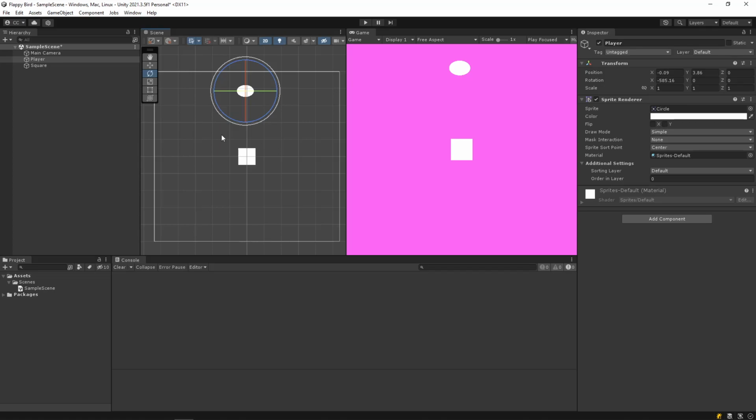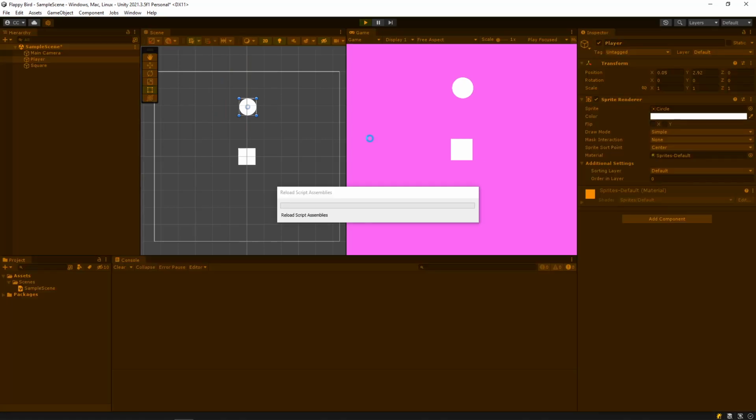So I'm going to reset this rotation by going into the transform component and clicking 0 there. And what I want to do with my fancy little game is make it so that this circle falls on the square. That's it. But if I click play right now, Unity will start loading,